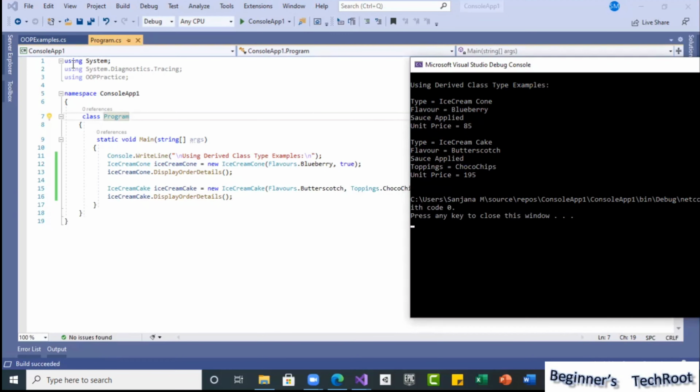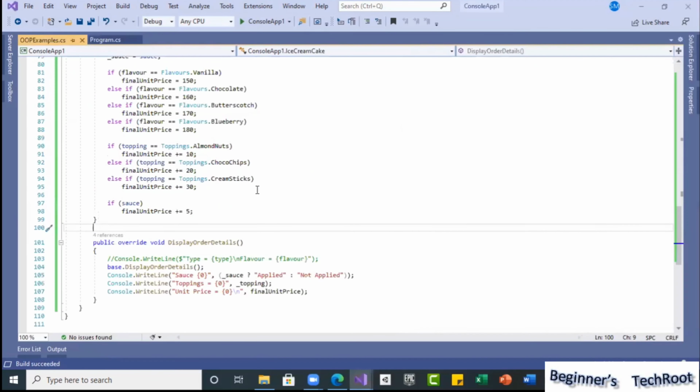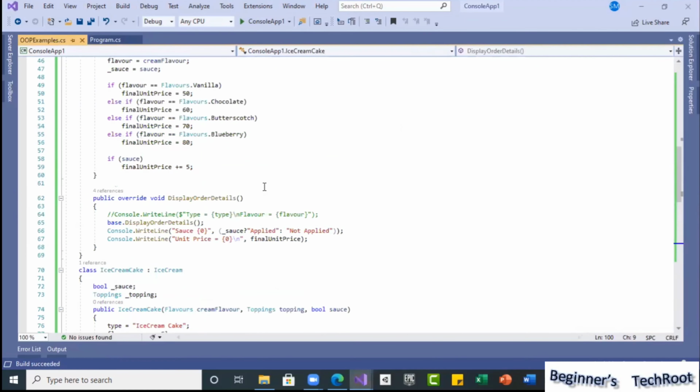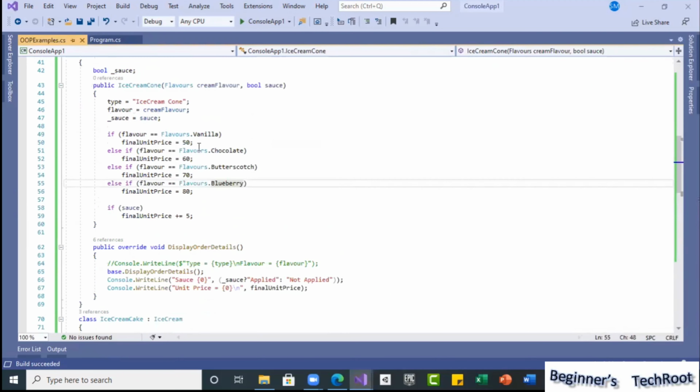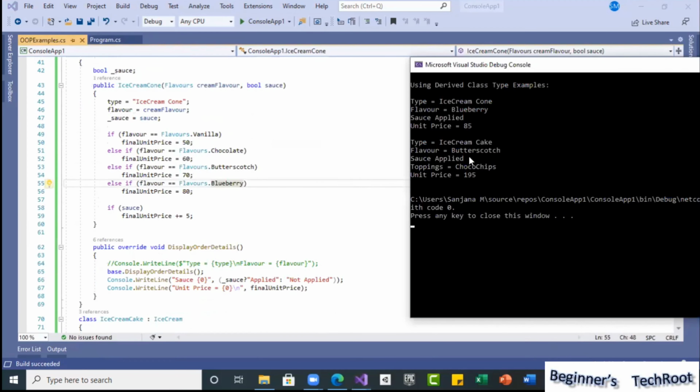See how it is calculated. Flavor blueberry unit price is 80, and then sauce applied is 5 rupees. As it is a cone, it calculated like this and we got 85.